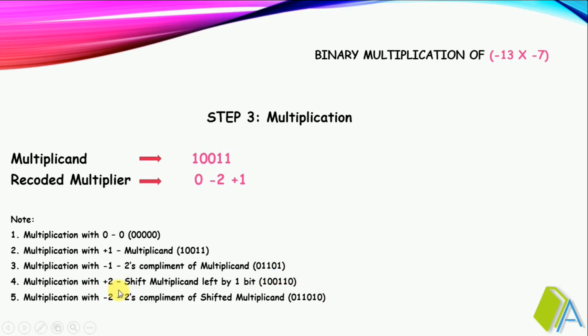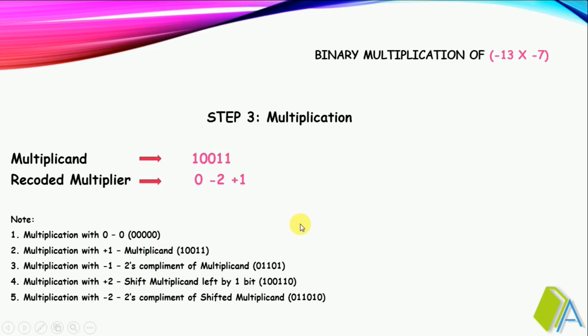Then how can we multiply with minus 2? Minus 2 can be achieved by multiplying plus 2 and minus 1. So in order to multiply with minus 2, we have to do these two steps: shift the multiplicand, as well as take the 2's complement. Initially we can take the 2's complement and after that do the shift. So both are convenient for calculating minus 2. Either we shift first and then take the 2's complement, or we take the 2's complement first and then do the shifting.